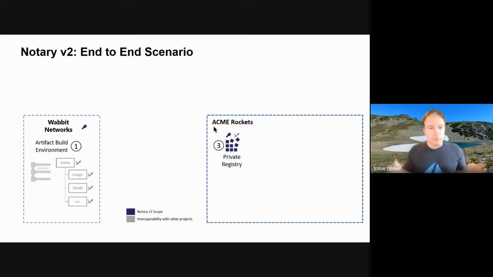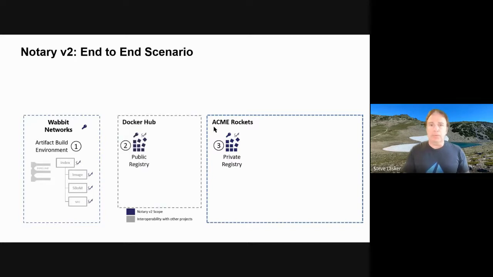They want to consume some software, and they've never heard of this company, but they want to be able to know that the software they bring into their environment is trusted and is sound, so to speak. Now, the problem is they don't really know of Wabbit Networks. Small company, that's fine. There's lots of great companies out there. So they'll go to Docker Hub and say, look, I'm looking for content here. And Acme Rockets has a policy that says they'll only allow software to come in that's signed from approved vendors or Docker certified content, let's just say.